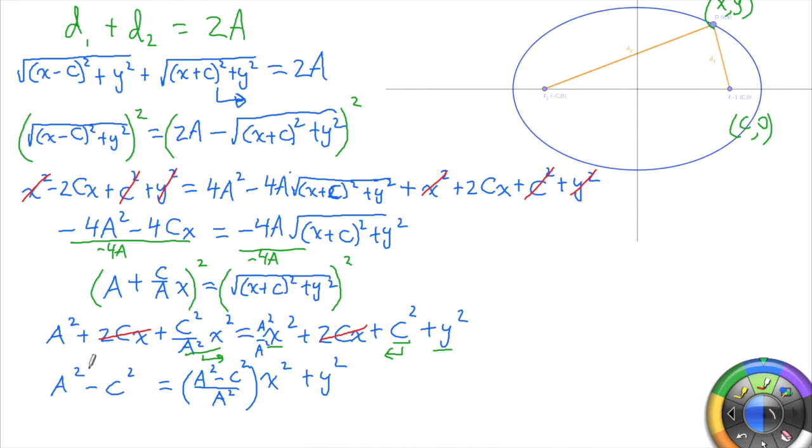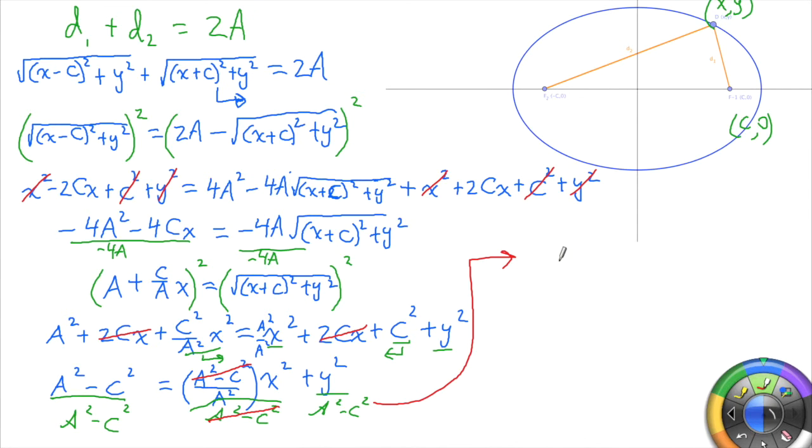So the last step is this. We're going to divide both sides by this a squared minus c squared. If I divide both sides by a squared minus c squared, every single term, I kind of canceled that out, but you'll get the idea. The nice thing is these are going to cancel, and we're going to be left with x squared over a squared, and then over here we're just going to get this messy term. So if I bring this up over here,